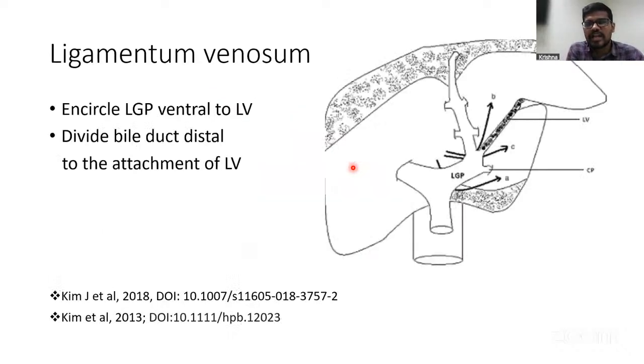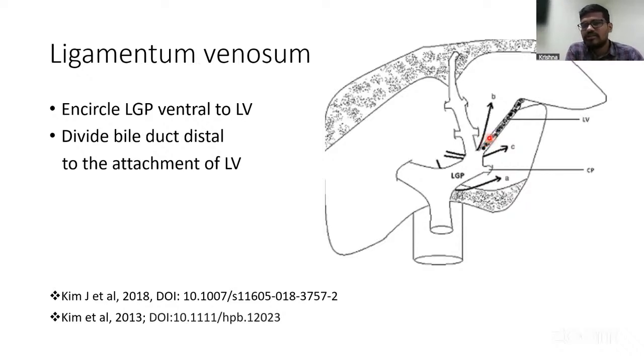So coming to the next landmark, the ligamentum venosum. Here we encircle the left Glissonian pedicle ventral to the ligament. In this picture, we can see the ligamentum venosum. If we want to safely encircle the left lobe Glissonian pedicle, it is always better to encircle above the ligamentum venosum, and divide the pedicle